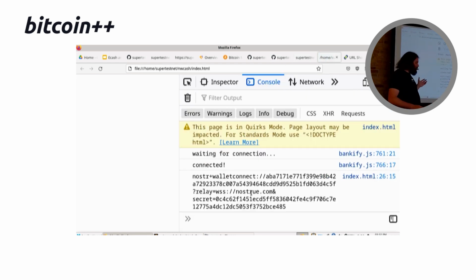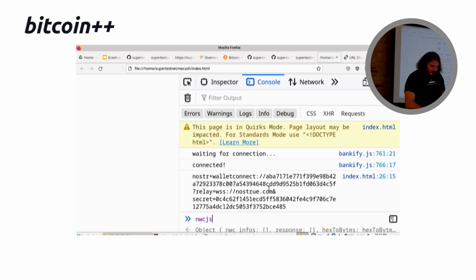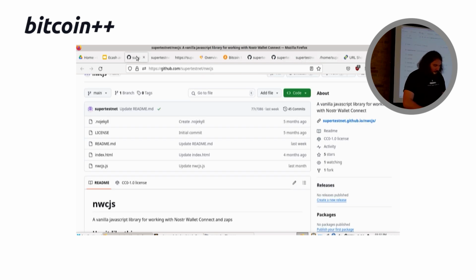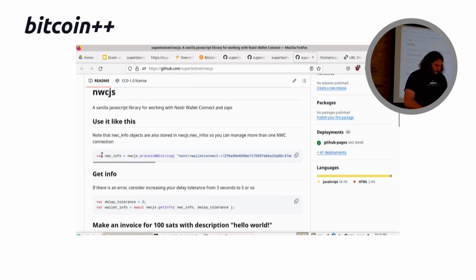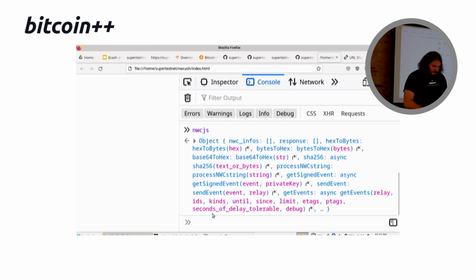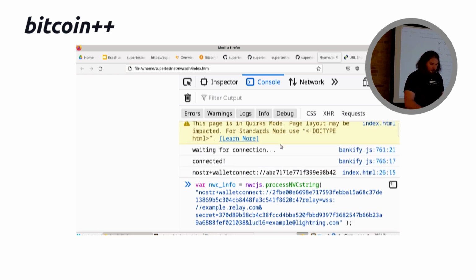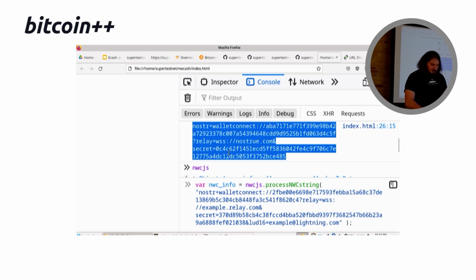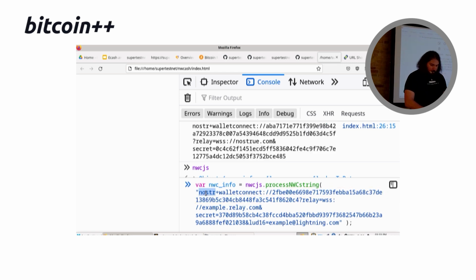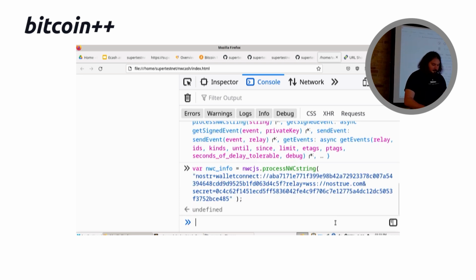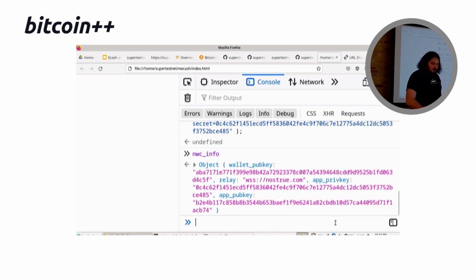We have a new wallet connection string, and now we have NWC.js, so we can communicate. We've got all sorts of functions in here, but let's just demo some of the ones that are in this NWC.js library. So we can do like get info, or we can create an NWC info object. For that, all we got to do is copy paste our NWC string, which is this one, into this, and replace the dummy one with a real one. So we paste that and hit enter,